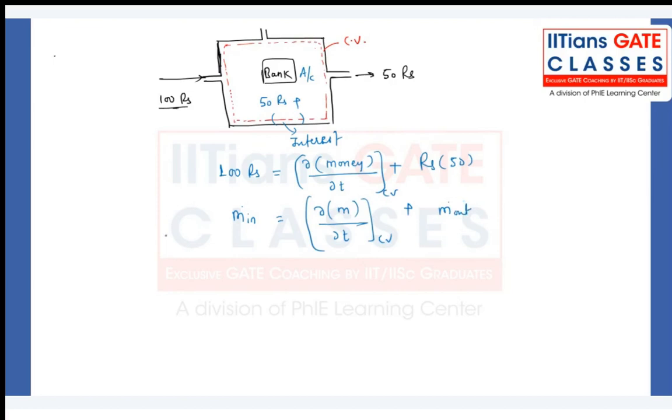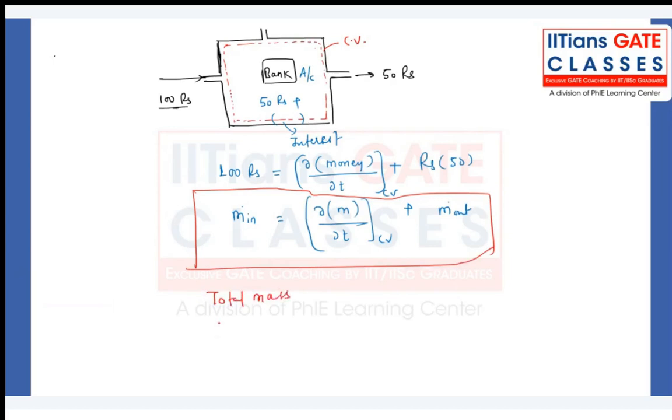This is what we write based on the Eulerian approach. Make a note of it. So what is the statement? Total mass entering into the control volume,